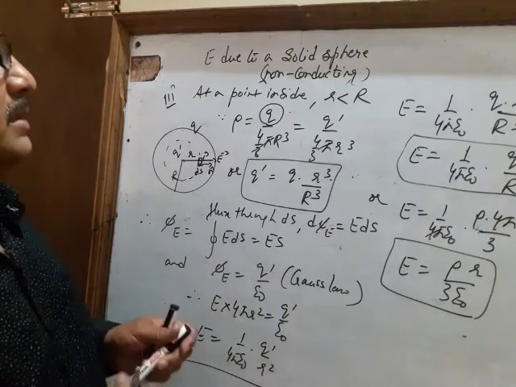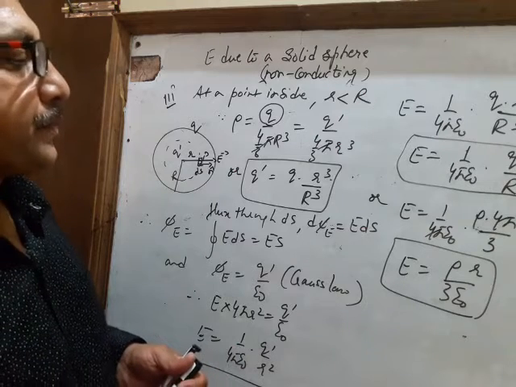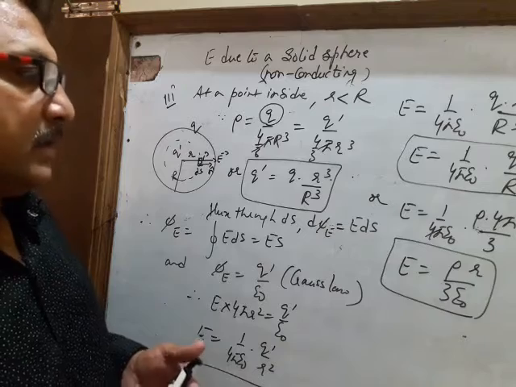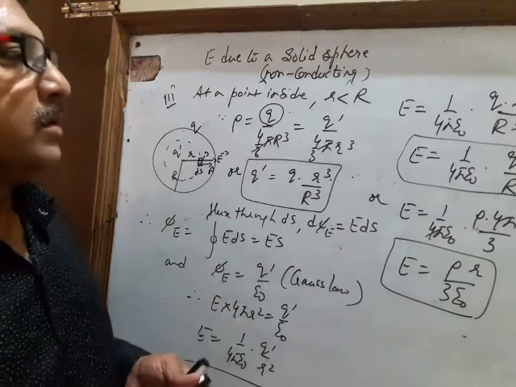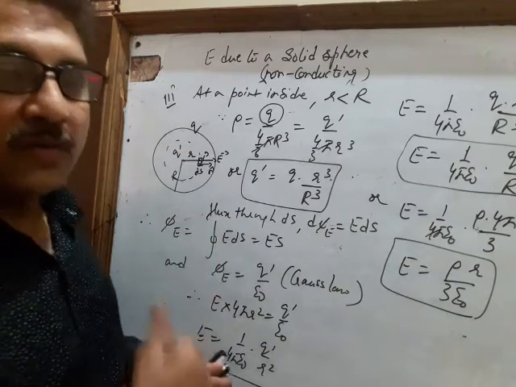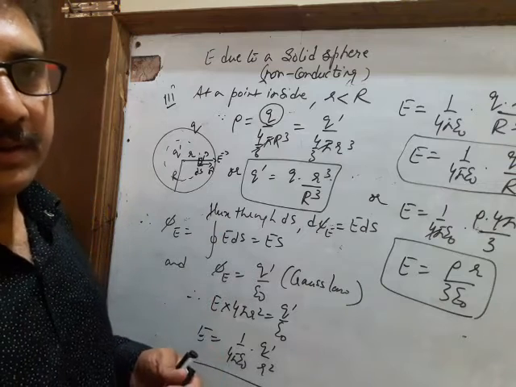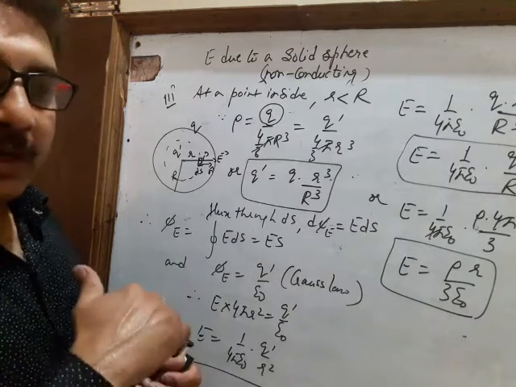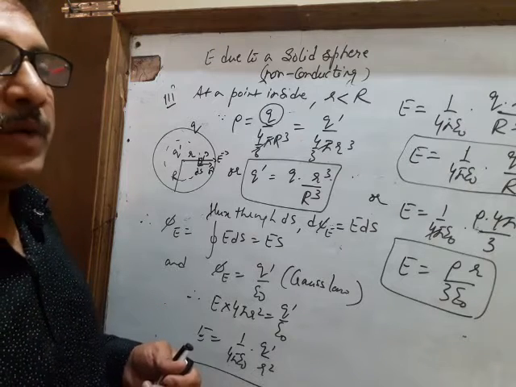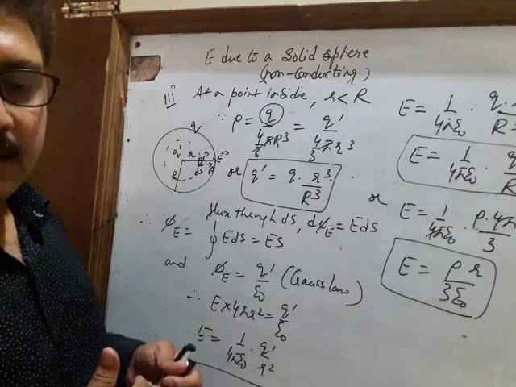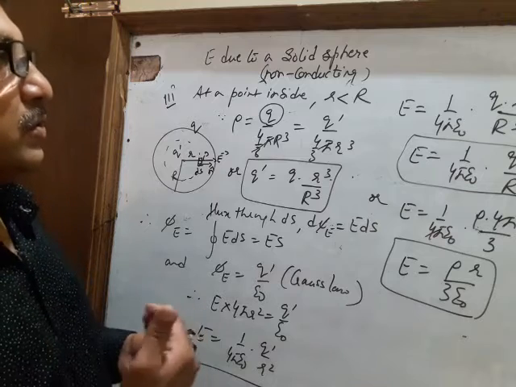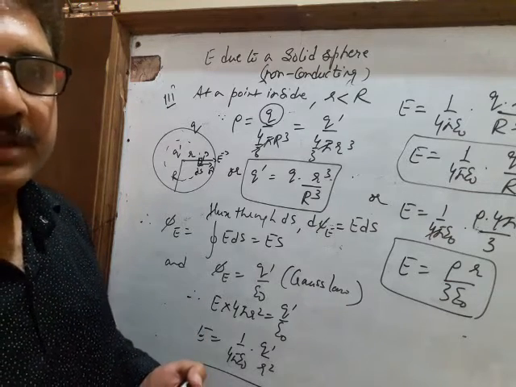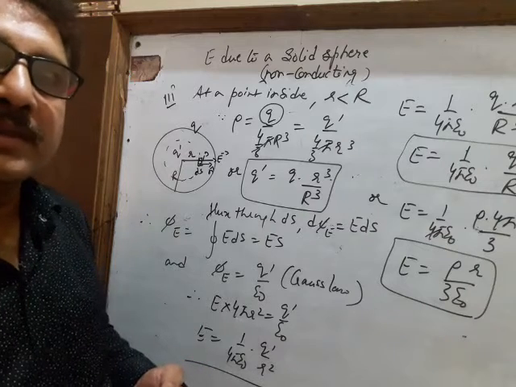So students, this is the application in case of a solid sphere, and you can draw the graph also for variation of field with distance, in case of the point lying outside, or in case of the point which is lying inside, how does the field vary. I hope students you have followed these applications, and with this we come to the end of this chapter